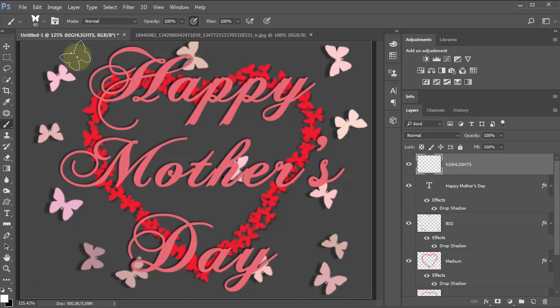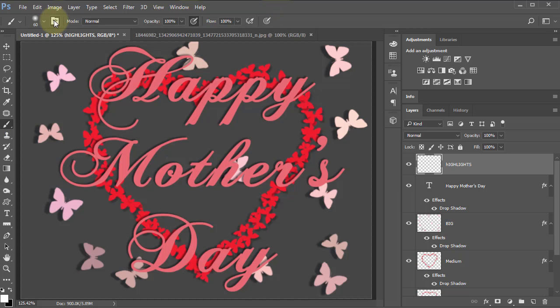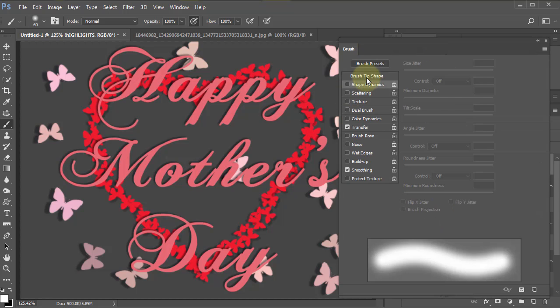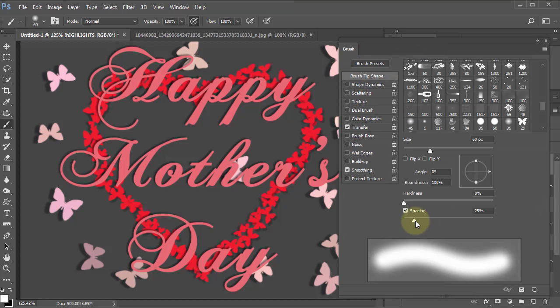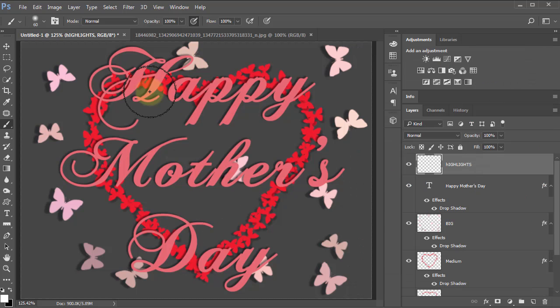Now we need to get a normal brush because we don't want to paint white with butterflies. So let's click on the butterfly. Let's go over here for a soft brush, and let's go up here and click on the editor so we can make sure we don't have anything turned on here. We want to just have the spacing all the way to the left. Transfer's fine. We'll just move that out of the way. The brush is huge,